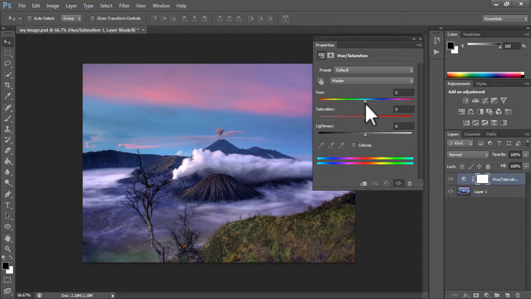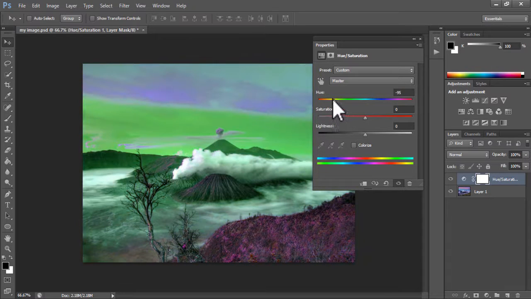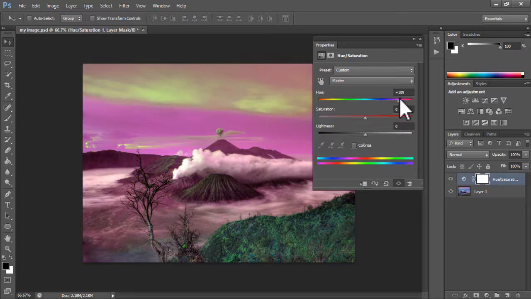Okay, so what is meant by hue is basically the color that's used for our image here. So as you can see, we can either scale downwards like so, and we can scale upwards. And as you can see, as we're doing this, our color is changing for our image, and we can combine